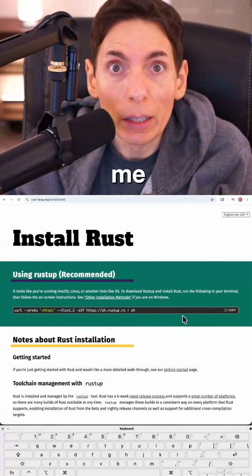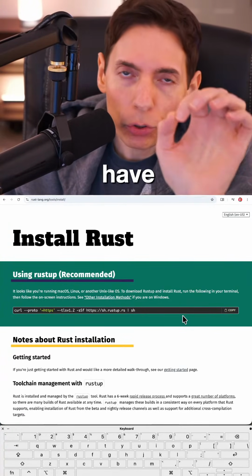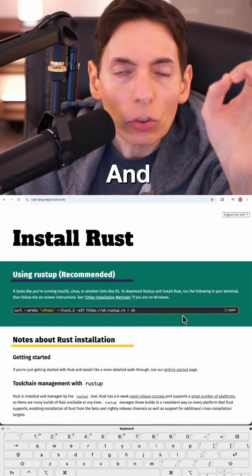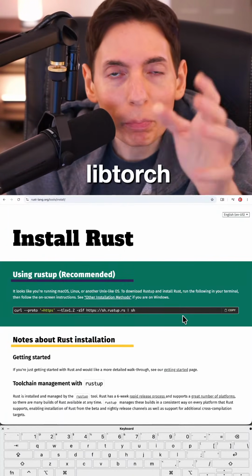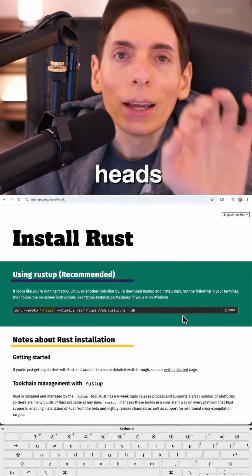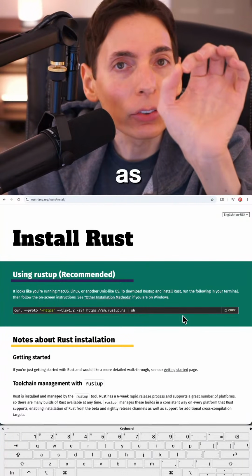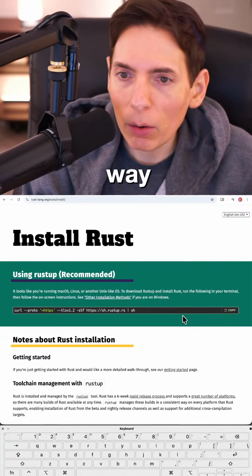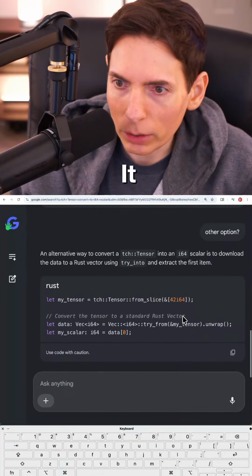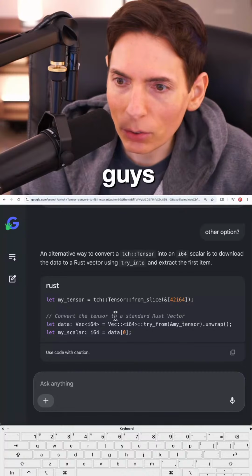That's gonna give me libtorch. Then you have to create a virtual environment and route to the libtorch Python directory, which includes the C++ headers. And then you can pass that as environment variables. So that way, when you're running your application, it'll do the trick.